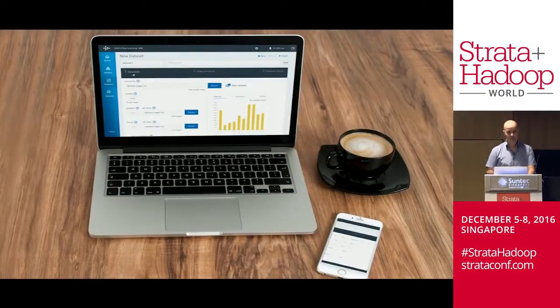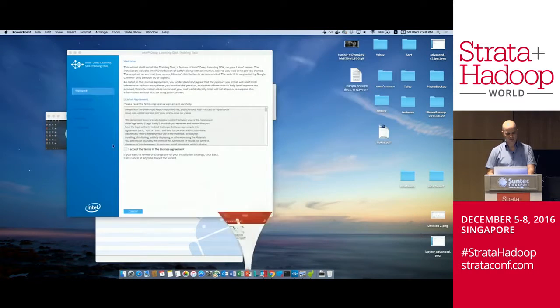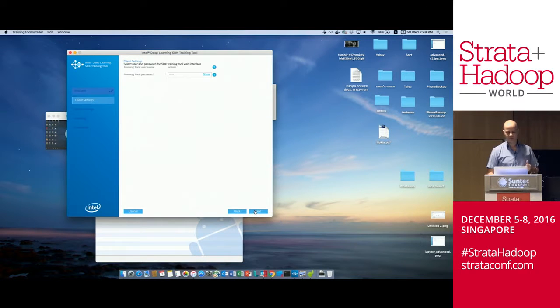Before going into the tool and the deep learning process, I do want to show you the installer. I will not go through the entire installation process. But once you download our tool, you can get it on either Windows or Mac, and you get this kind of installer, just like you install any application on your machine. What it does is download the framework and all the optimizations for you. You need to set up a user